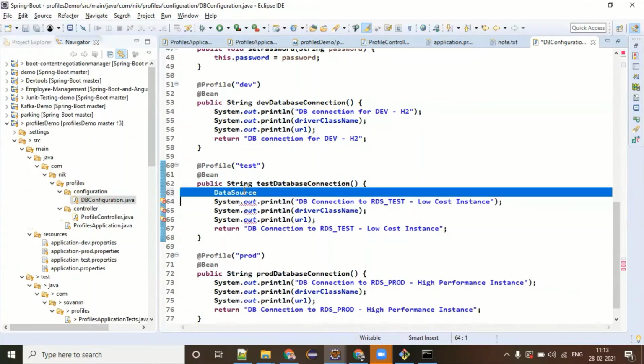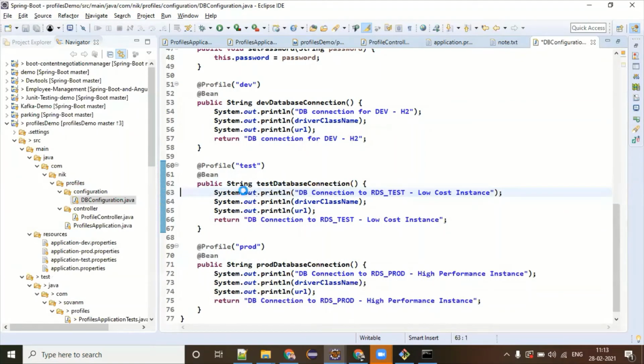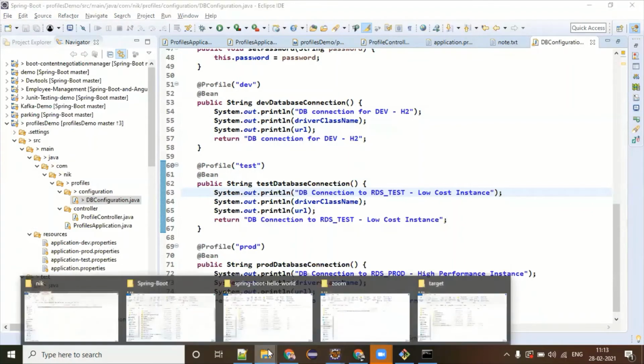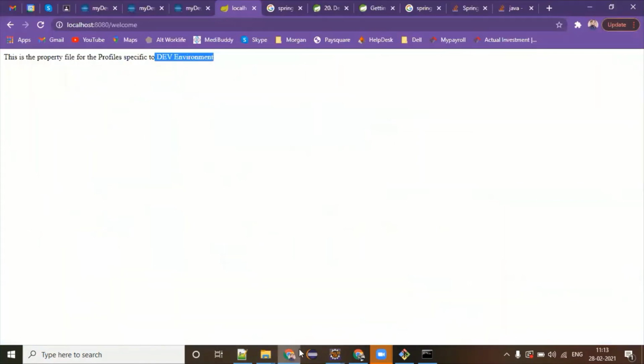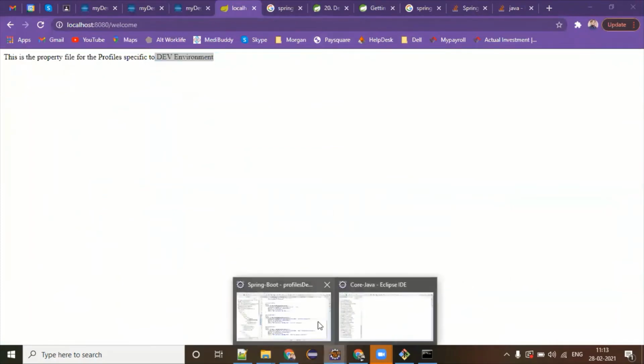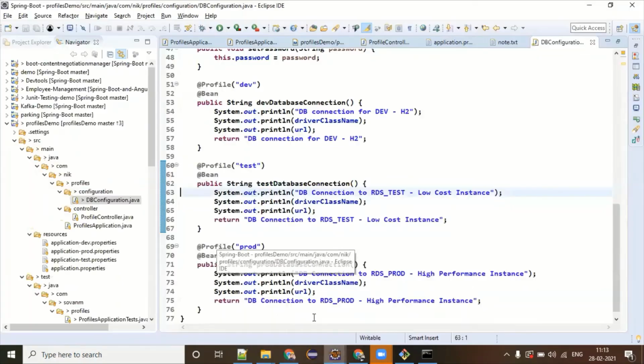In the IOC I told you there are two ways to create your bean: one is by XML file, and another is @Bean. If you remember my IOC example, we have seen @Bean for a class, no? So that's why I'm confused. This is also a class, right? Oh, no, here we are adding @Bean to a method, right? No, no, it is at the end a class. What is this?